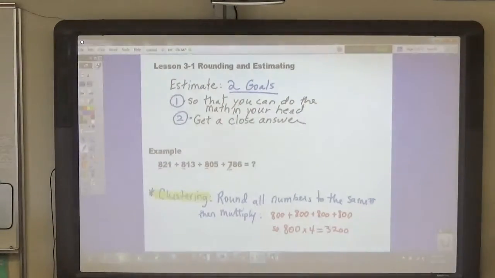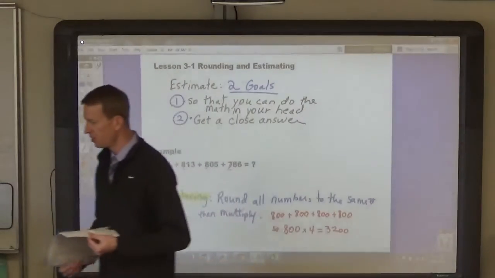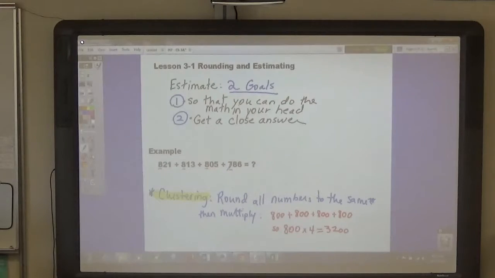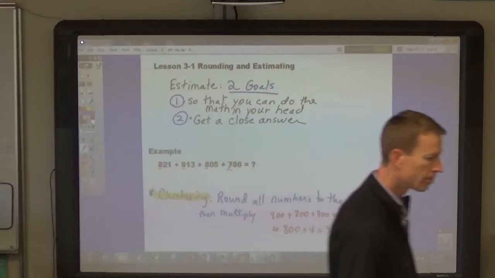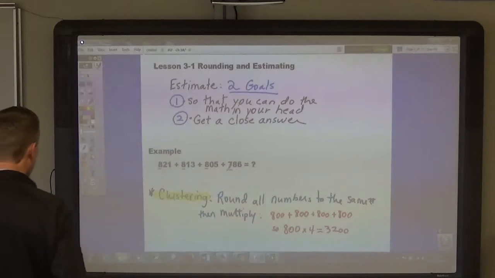Let's go to your worksheet for today. The best way to work on estimating is just to do it, just to start. Usually when we're estimating using adding, subtracting, or multiplying, you're going to use front-end estimation. Front-end estimation just means that you're using the numbers in the front. So in the case of decimals,